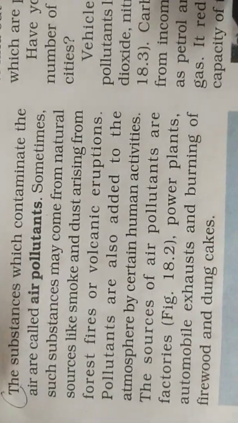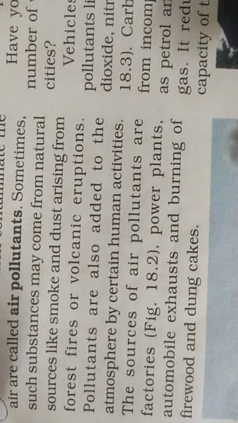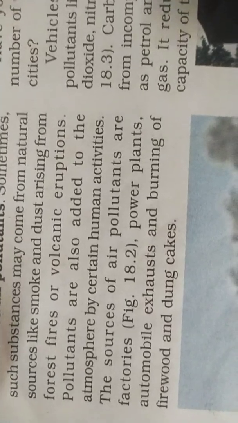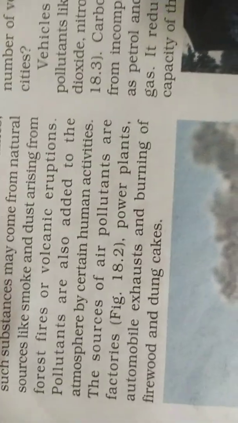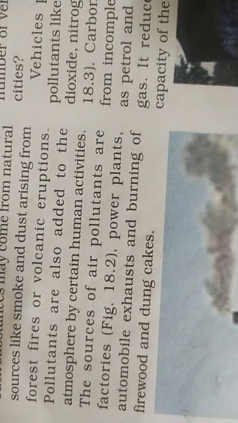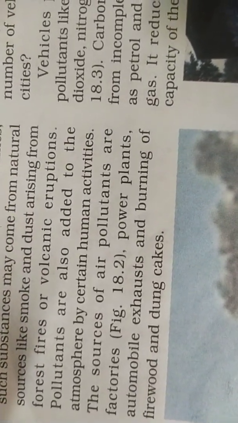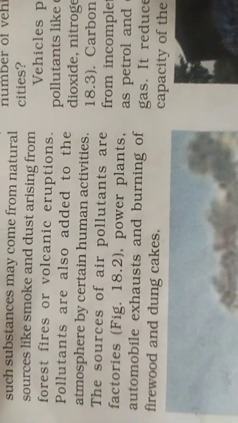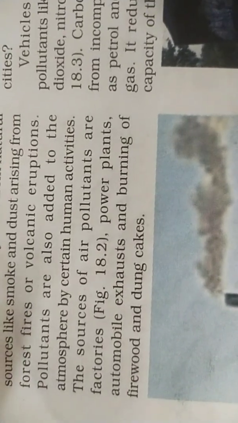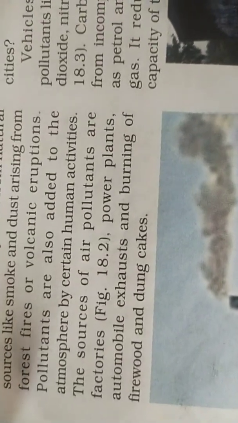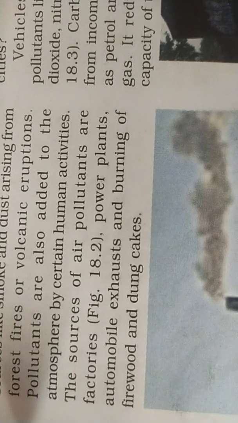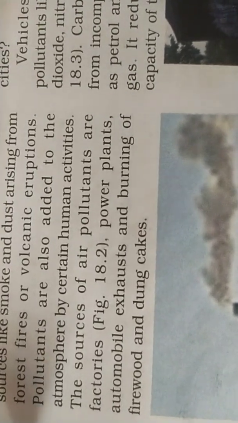Sometimes such substances come from natural sources like smoke and dust arising from forest fires, the burning of trees. A forest fire is sometimes natural, sometimes man-made. Volcanic eruption is also equally involved in air pollution, because it releases extremely harmful poisonous gas in a huge amount. Now, pollutants are also added to the atmosphere by certain human activities. Of course, we are human, and you know very well the population of humans. So we regularly do some activities, among which some are very beneficial and some are too harmful